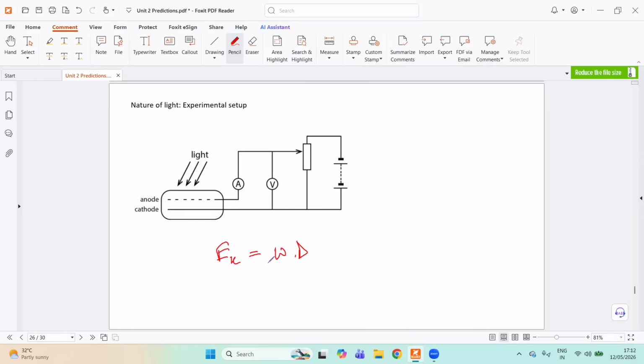And there was a question in the most recent paper where you had to use this concept. And this work done is not your mechanical work done, as in force into displacement. This work done is electrical work done, and the equation for electrical work done is QV, and this is that V. And the V for which the ammeter reading becomes zero, as in the fastest moving electron is stopped, is called the stopping PD. Remember this. And this QV is equal to my kinetic energy.